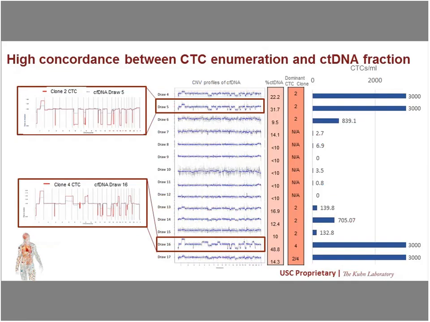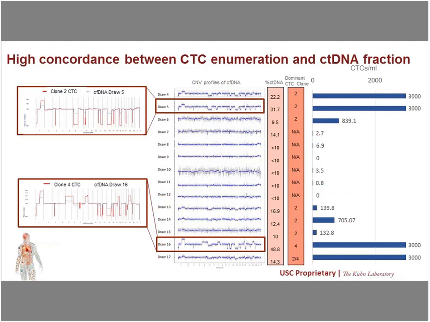So what we have done is we calculate the ctDNA percentage, the fraction, by comparing the cfDNA CNV with the single-cell CNV,